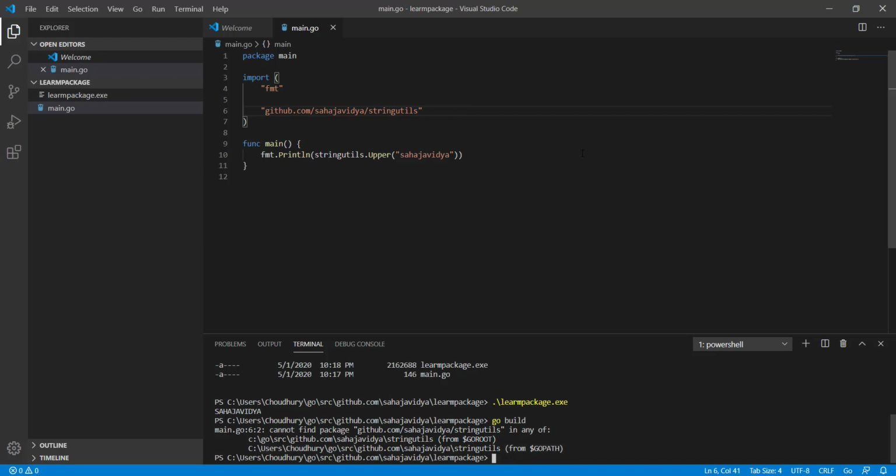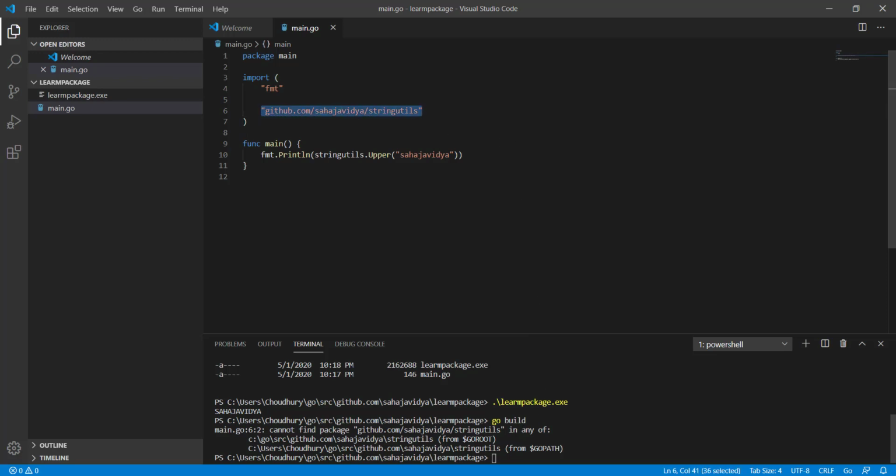Normally when you import a package from a repository, the package will not be available in your system. As we created this stringutil package and pushed the library to the repository, it was already lying there in the Go path for us, so the first time it compiled. But normally when you import a package, the package will not be available in your system. So we need to download the package to our system from the repository.